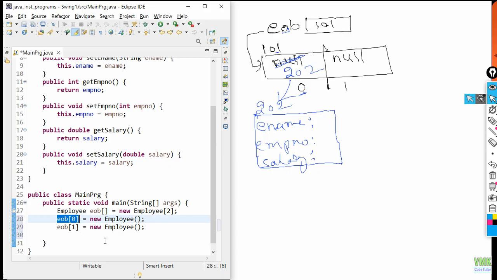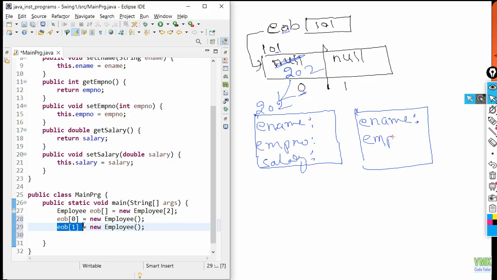Similarly, now another Employee object is created and assigned to EOB of 1. Let us say one more object is created like this. This again contains ename, EMP number, and salary. Assume that the address of this object is 303. That 303 object address is assigned to EOB of 1. So EOB of 1 index is assigned with